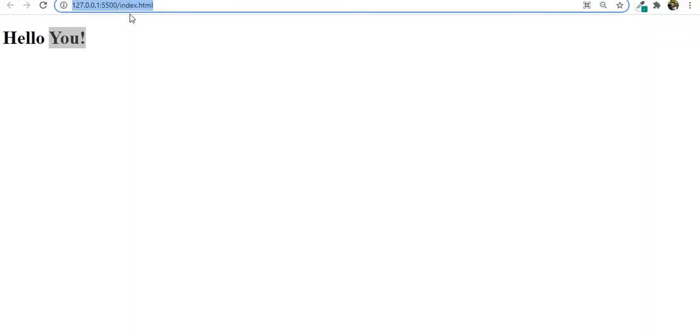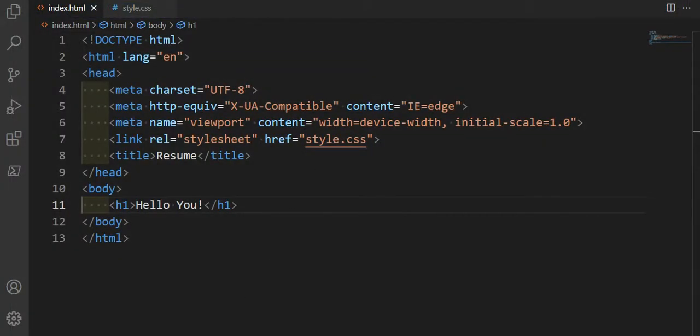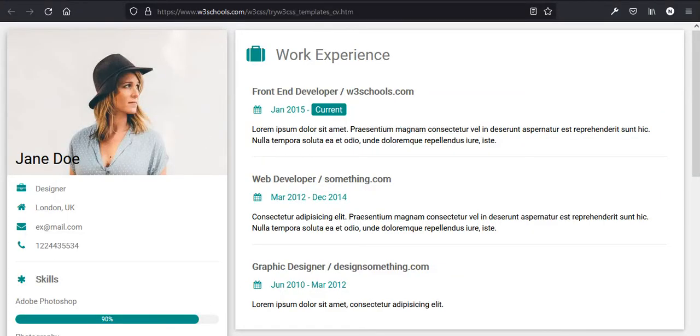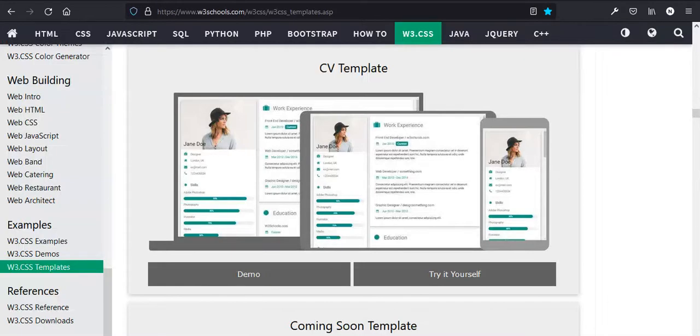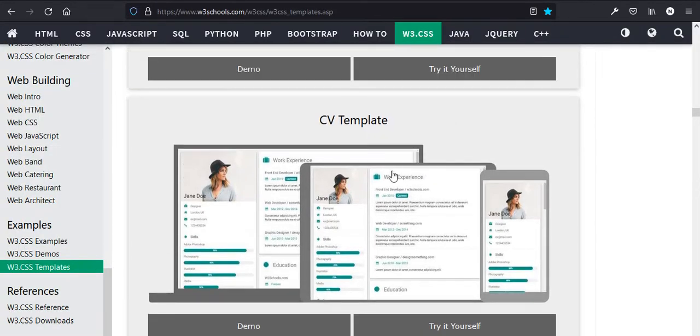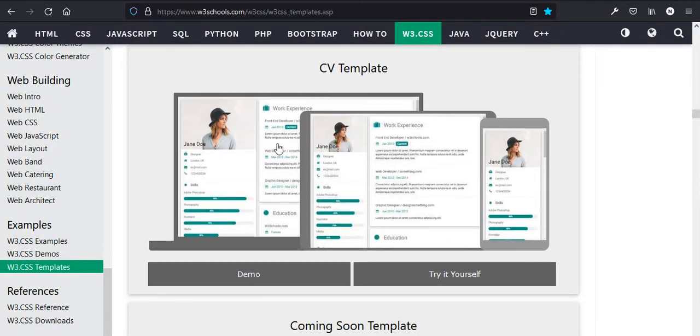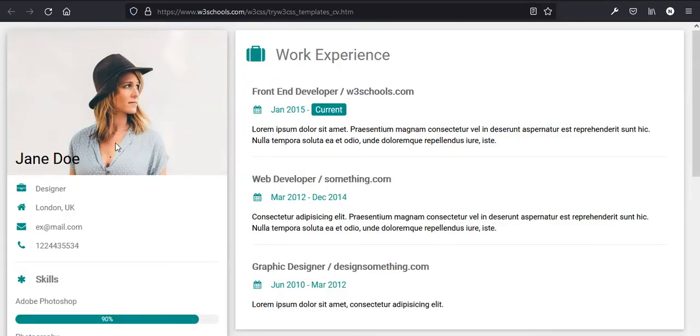I'm going to open this up in Firefox, which is actually my favorite. Okay. So this is then what we are going to make. Now you can see that there are several